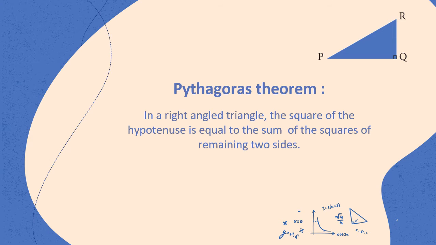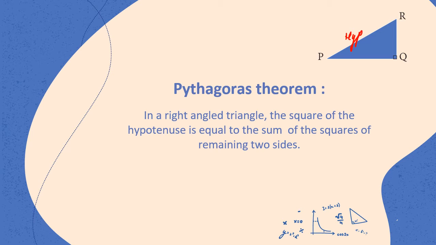So the definition of a Pythagoras theorem is in a right angled triangle. You can see a right angle triangle on the top, PQR, where Q is 90 degrees and PR is the hypotenuse. Now, the square of the hypotenuse is equal to the sum of the squares of the remaining sides,